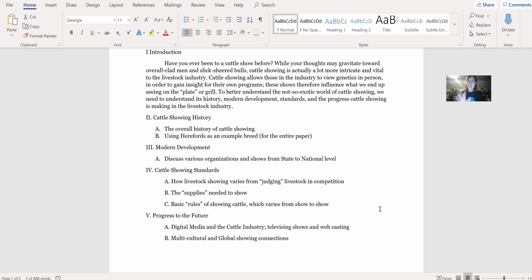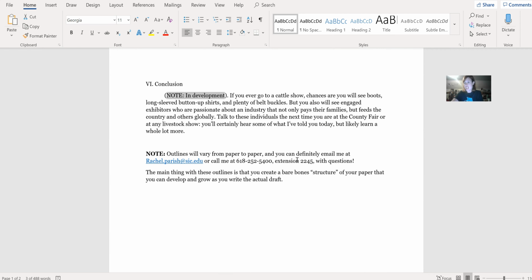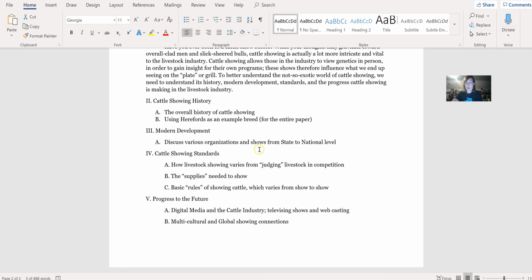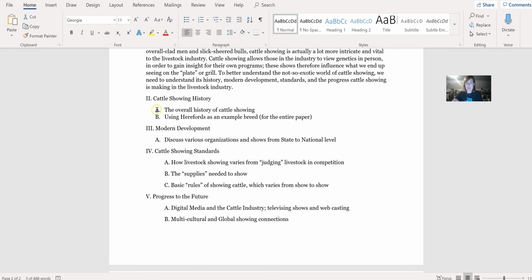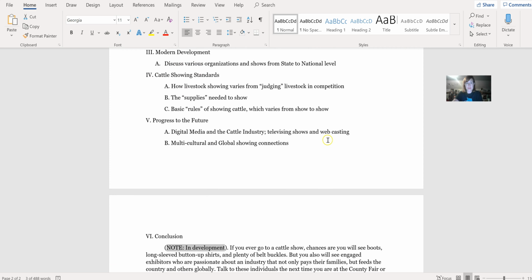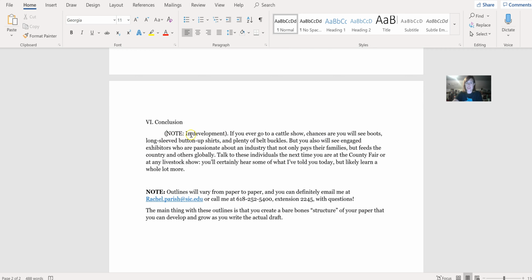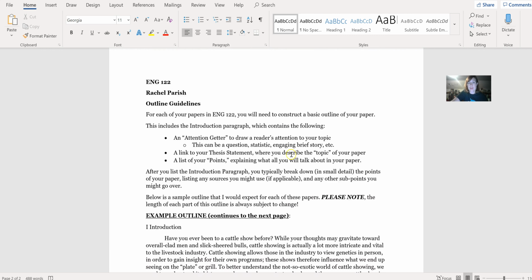But I just want you to at least give me some kind of framework that I can see, and that's where the 10 points come from. If you give me some framework I can work with and see, okay? So that's pretty much it. That's the outline. That's all you gotta do is give me a little preview of your intro, something to tease your audience with, and then a pretty vague breakdown of your points. And if your conclusion's not done, you can just note that it's in development. And that's it. And if you have questions about it, you can always email me.